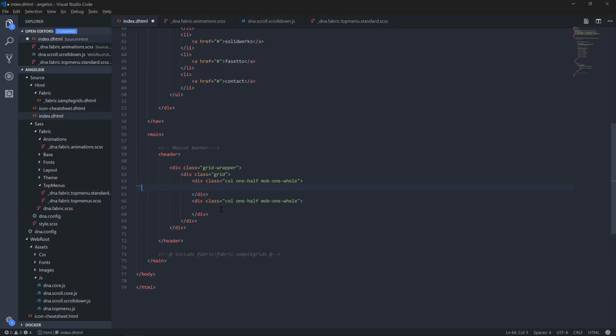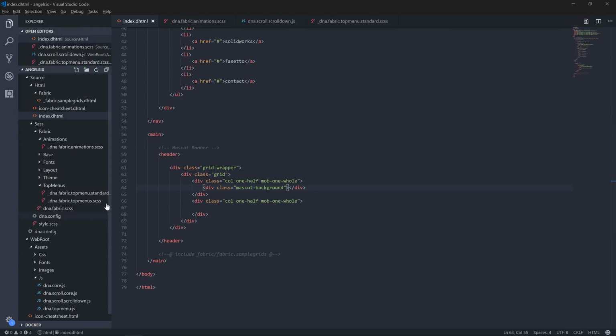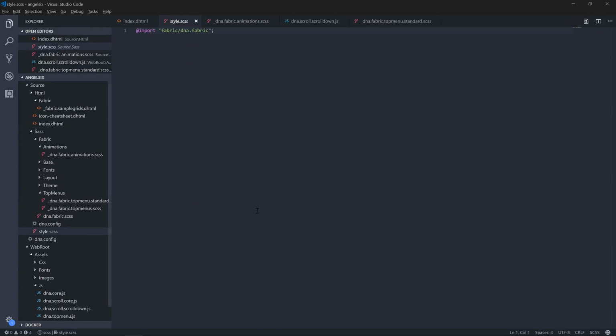So now in here, we want the actual mascot. So we'll do a div, a class, and we'll call this mascot background. And now we just want to make a style. So we actually have a mascot background. Because this is a style specific to this exact website, I'll just chuck it in the style CSS for now, not directly into the template. And we will do